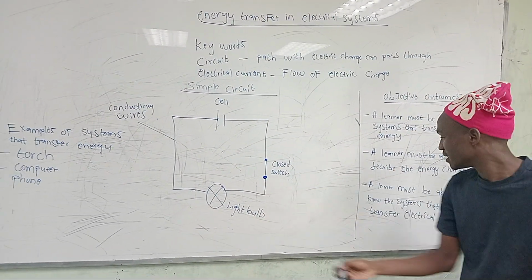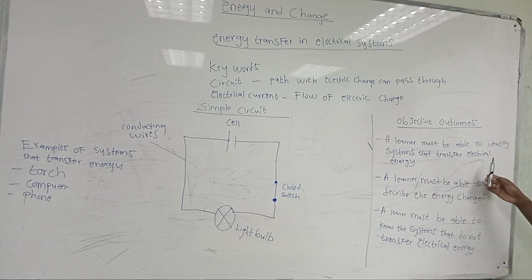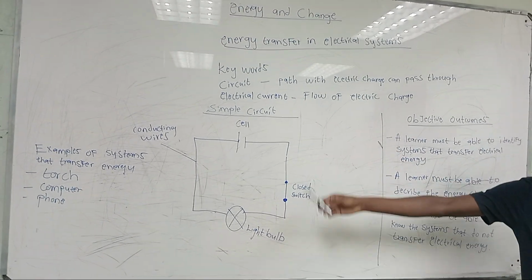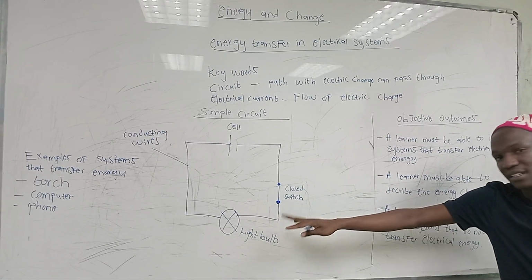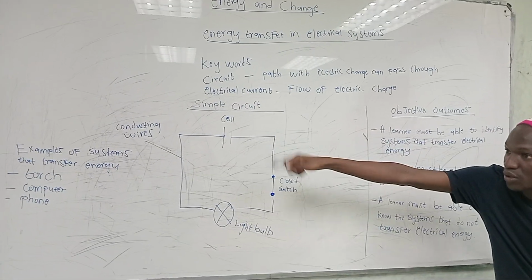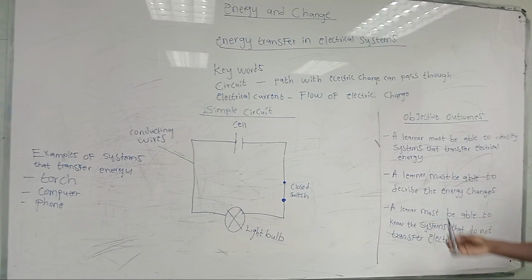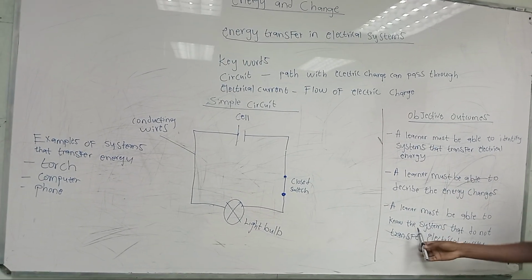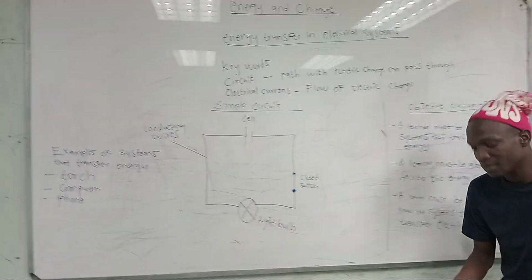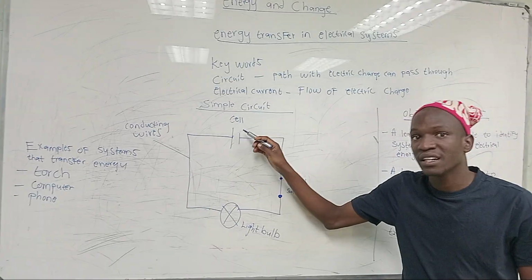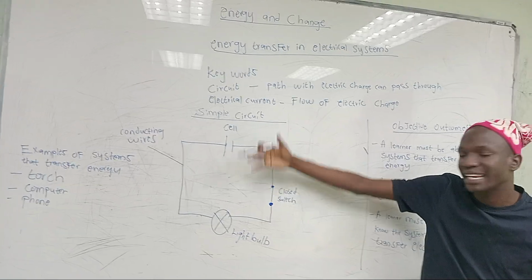So we know that a learner must be able to identify the system that transfers electrical energy, which will be identified as any system that has a cell, a switch, and a light being displayed on that device, or the conducting wires. And then a learner must be able to explain the energy changes, which I've explained, and then a learner must be able to know the systems that do not transfer electrical energy. Any system that doesn't have a cell, or where one of the components found here is not present, like a cell, or a light being displayed,